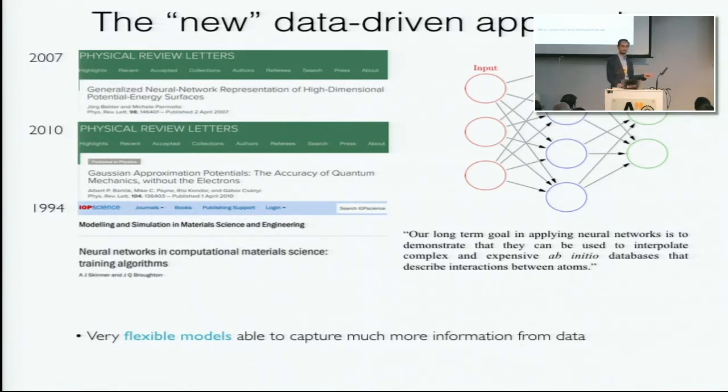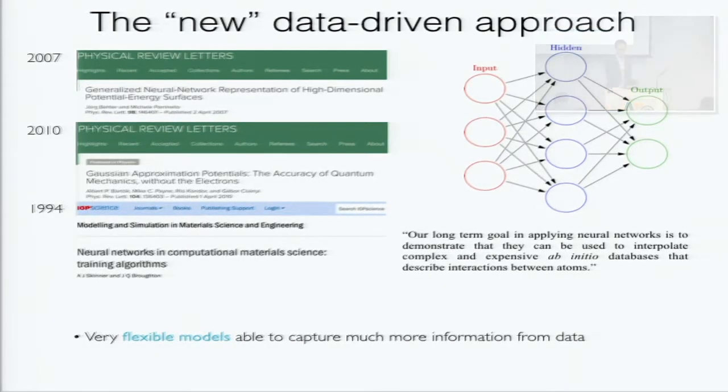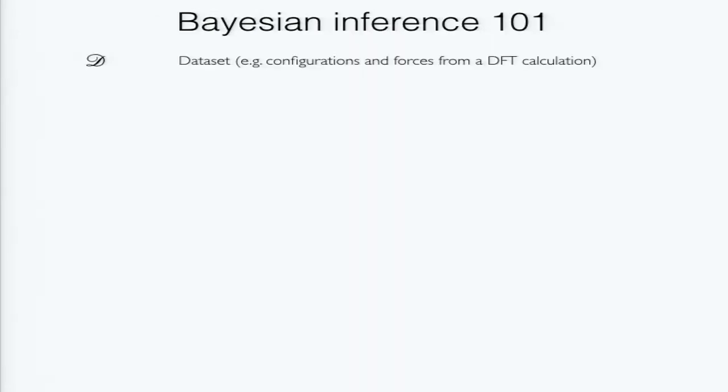So they really got it well already in 1994, and now we're finally doing it because of computational resources. So before going to what's a Gaussian process, I need to go briefly through what's Bayesian inference, because that's really